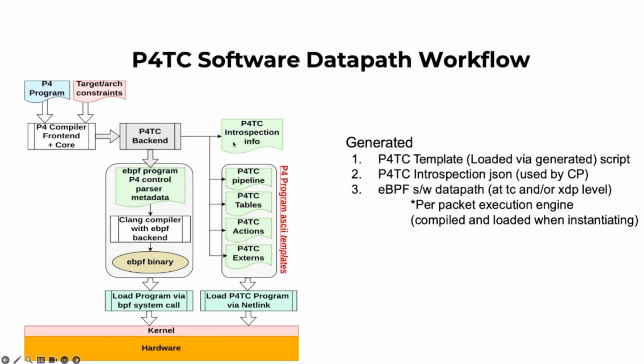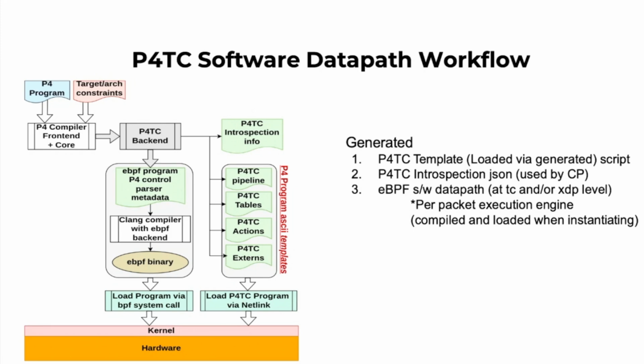On the top, the green portion, you also see an introspection file. For folks who are familiar, this is very similar to P4 info. It's just a mapping of a name to a specific ID. And then in the red, you see some templates. This template is a bash script, written this way to make it very familiar to folks who are native to Linux. This bash script, in essence, will manifest your P4 program in the kernel. Think of it like this: when I run this bash script, objects are instantiated. You have an empty table in the kernel ready to hold your rules.